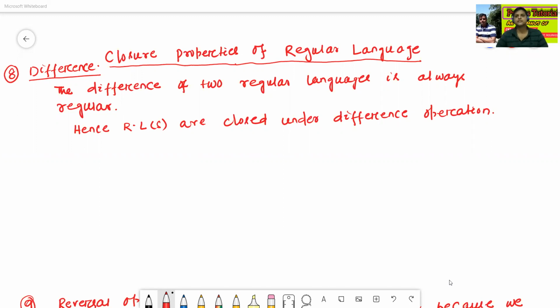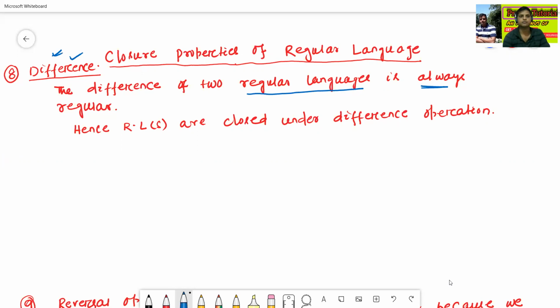In today's class, we'll discuss some other closure properties of regular language. The next closure property of regular language is the difference operation. The difference of two regular languages